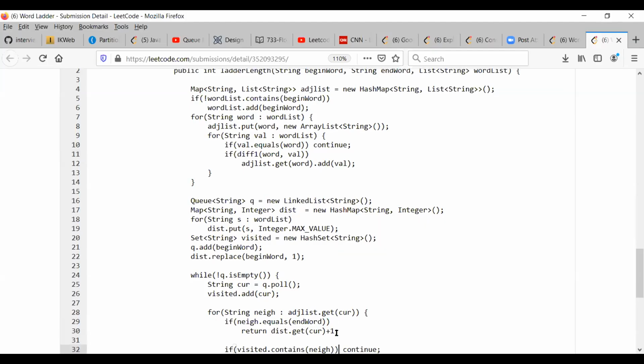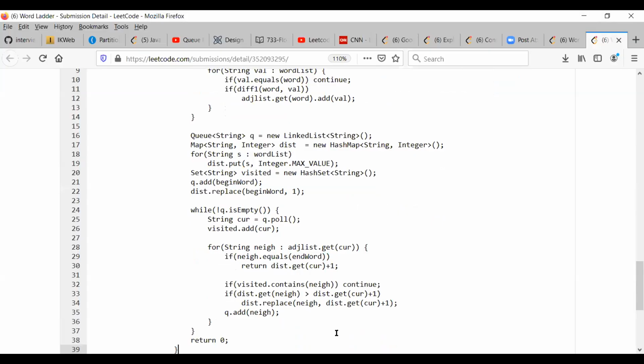Yeah, so here you are building the adjacency list for the full dictionary. Yes. Which may not be required here, right? So think about that. We can bring that here at line 31 when we get the current, then only we get all the diff one.